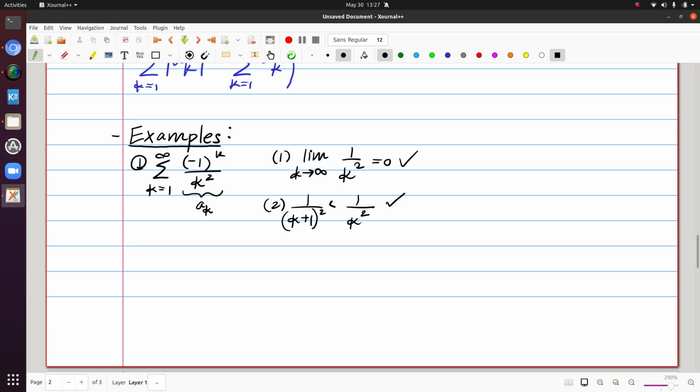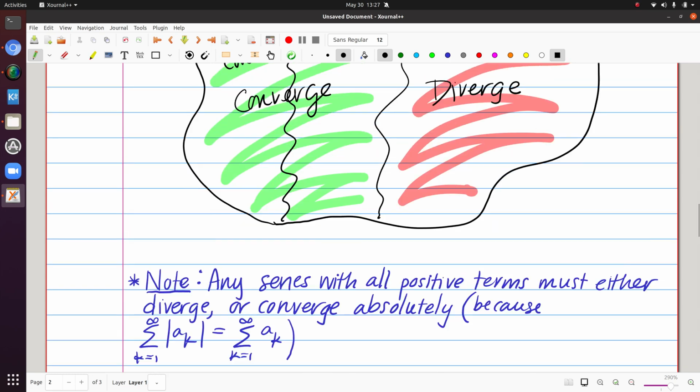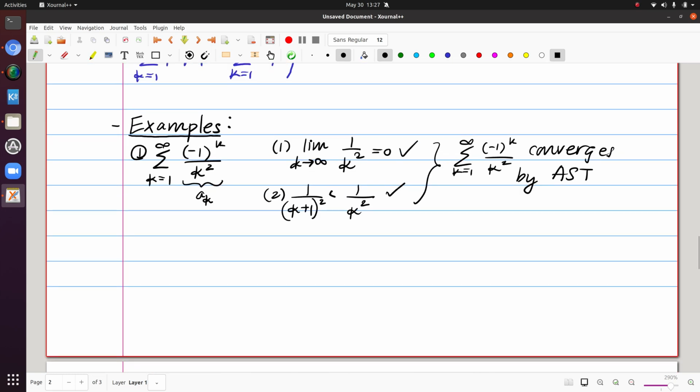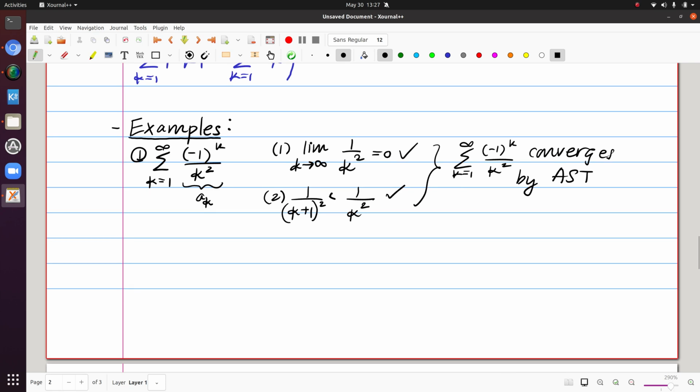So we know that the original series here converges by the alternating series test. And then if we were asked, is it conditional or absolute, we'd have to then check a related series. So right now, I've kind of ruled out the possibility of falling on the red side. So if I then want to check what kind of convergence, so here the question is conditional or absolute,